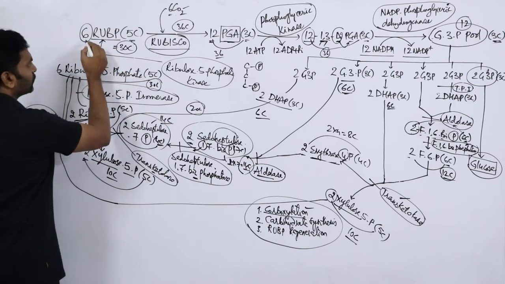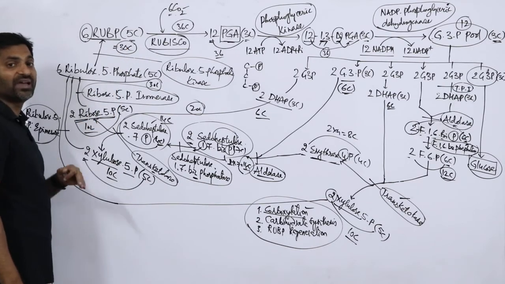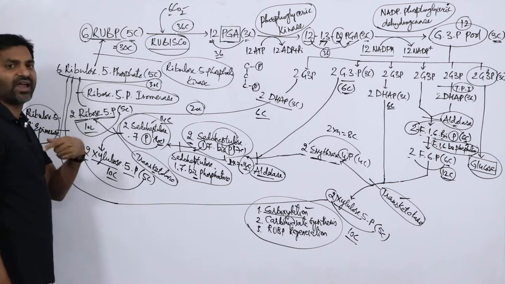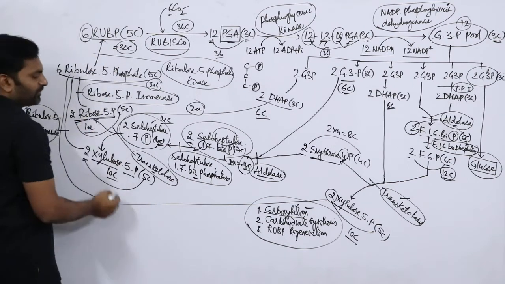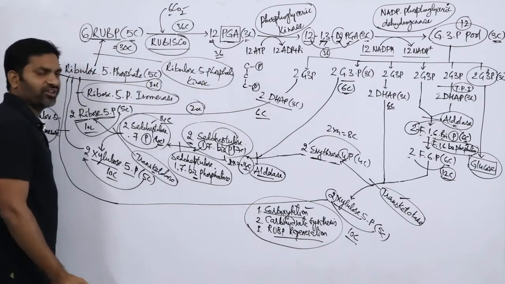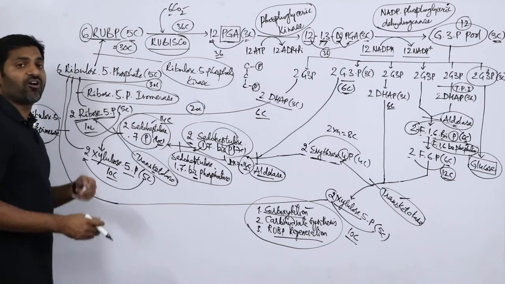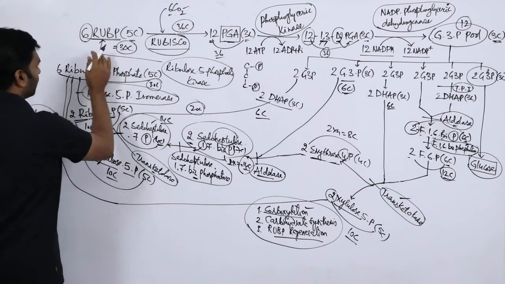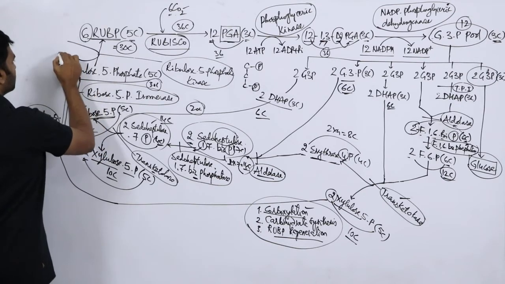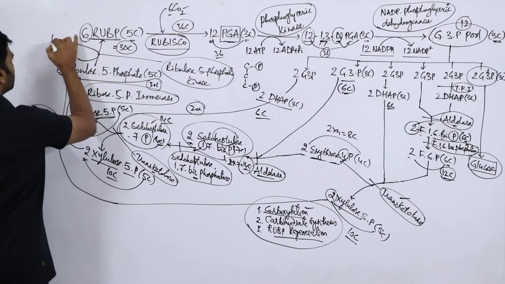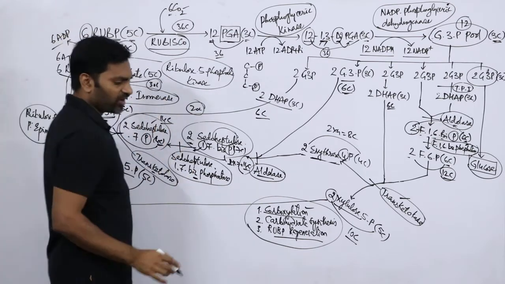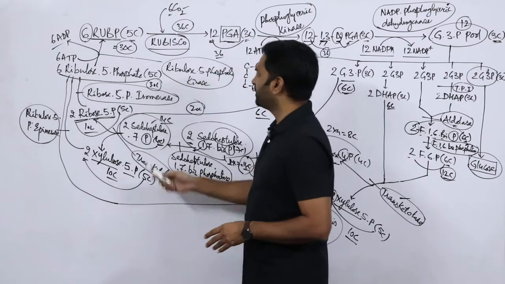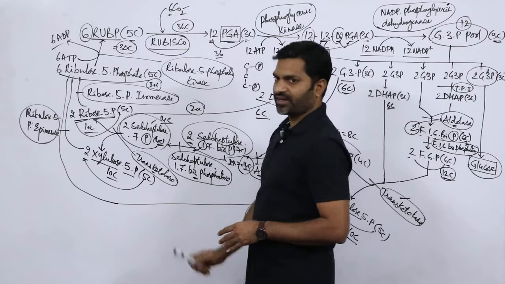are converted into 6 molecules of RuBP again. So RuBP is synthesized again and again. So this can be called RuBP regeneration. Regeneration is nothing but formed again, regenerated again and again. So in this process, there is a conversion of 6 ATP into 6 ADP. 6 ATP molecules are converted into 6 ADP molecules in the presence of ribulose 5-phosphate kinase.